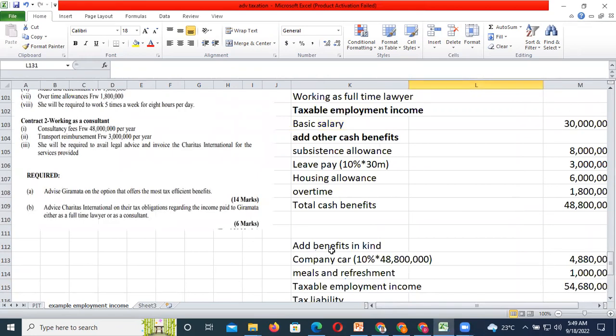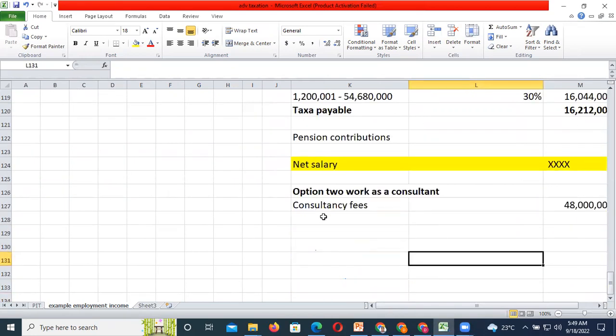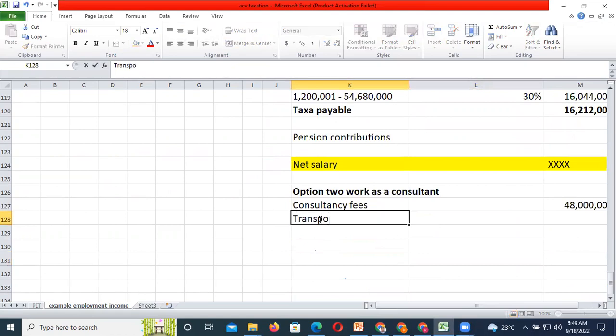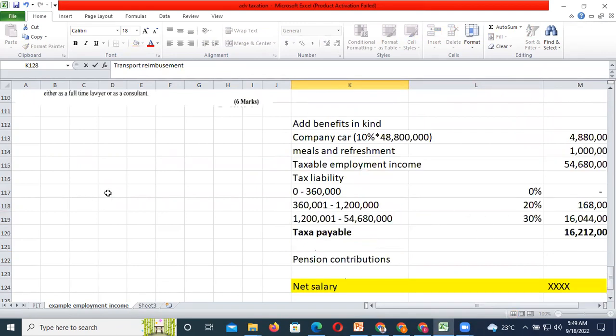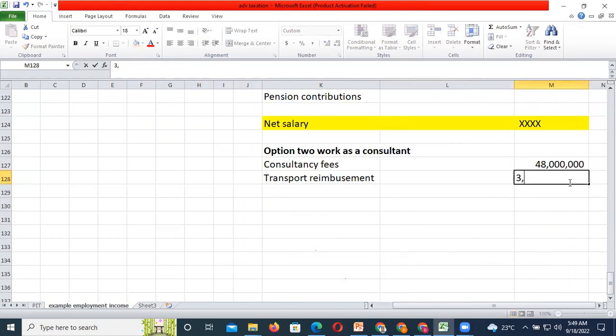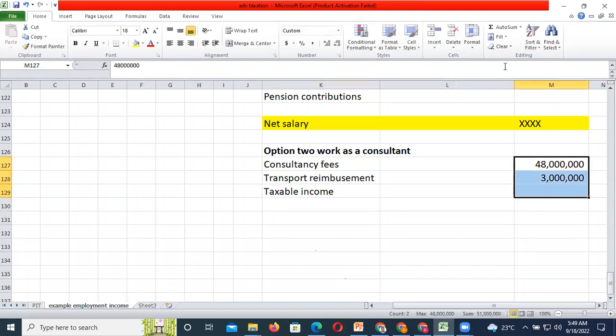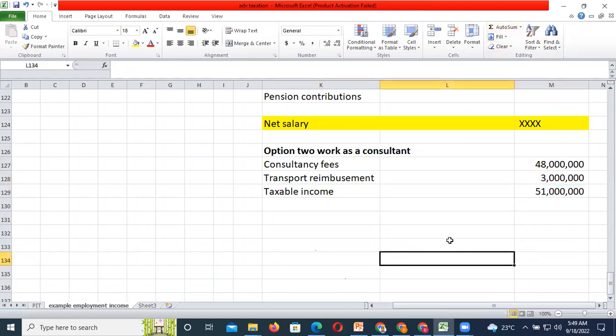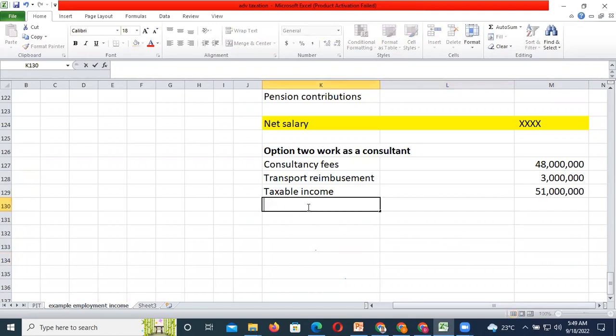Then we have transport reimbursement, which is 3 million. So our taxable income, being a business income, you are computing the personal income tax, our PIT. It's going to be